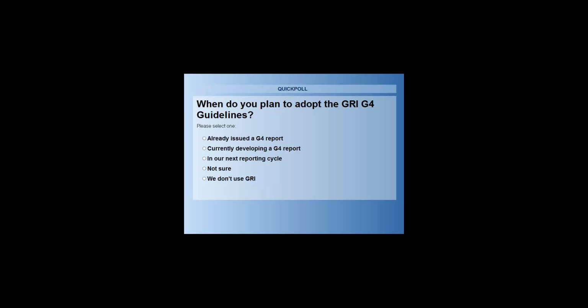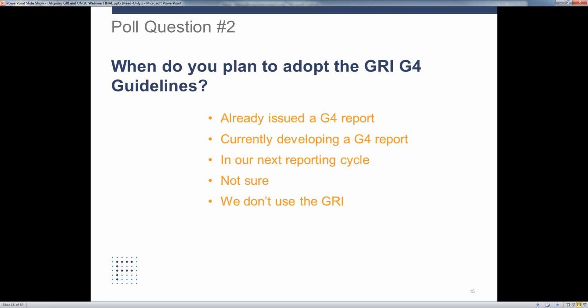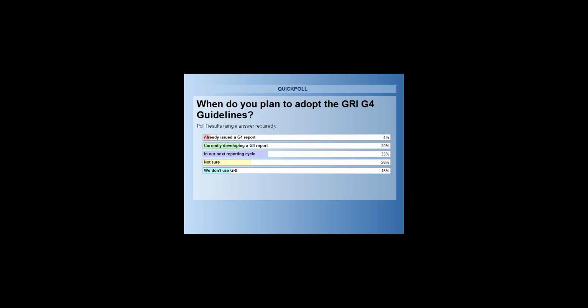People are still voting. Excellent. So thank you for posting the poll results. It seems that uptake of the G4 is underway. 4% of our participants on the line today have already issued a G4 report, so we applaud them for their leadership. That is certainly a big step forward in terms of moving quickly on adopting the new standards. We see that 20% are currently developing a G4 report, or 35% thinking about it for